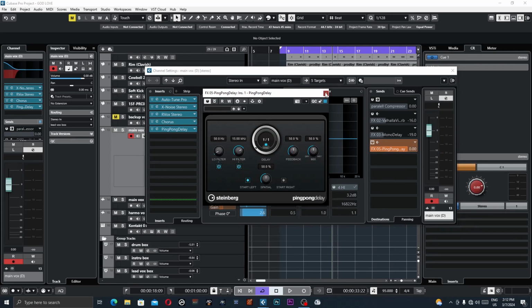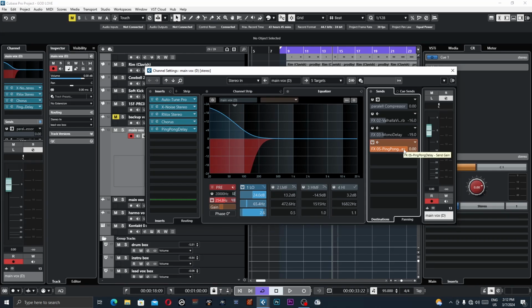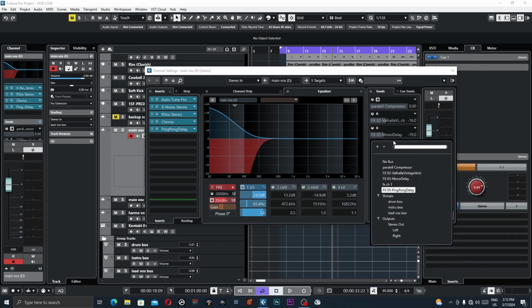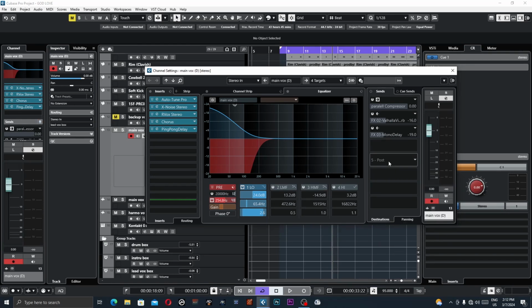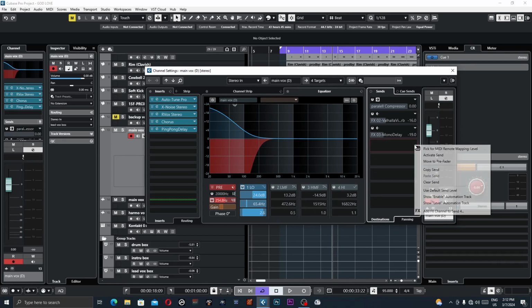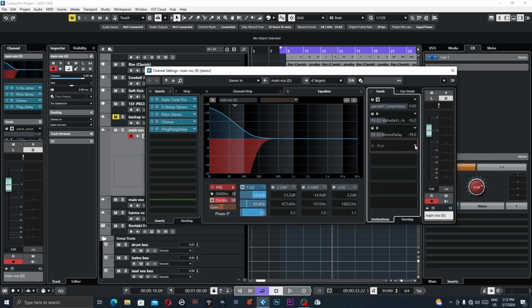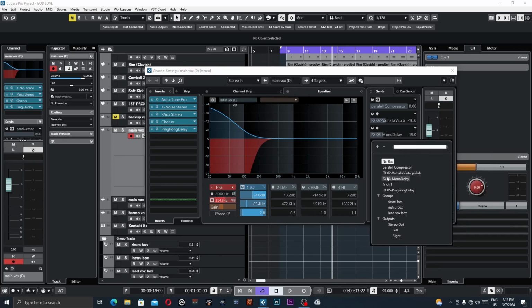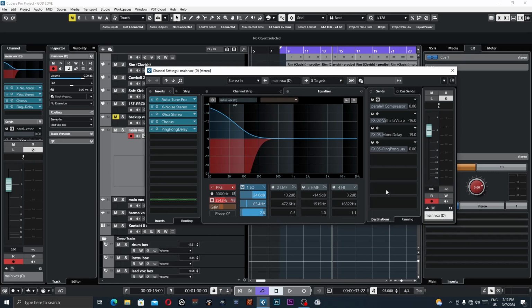You add your channel. Maybe you have the channel being added already, but it's not here. What you do is, let's say it's not here but we have the channel. You just go here, you right click. For that you right click, and then you check in the list, ping pong delay, then you add that to it, and then on off